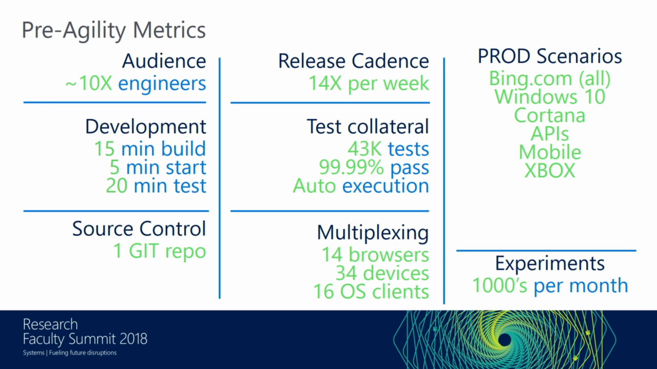We have one Git repo. It's a mono repo. Everyone's checking into it. We deliver code 14 times a week. In fact, last week it was 17 times. We have 46,000 tests now. We have 4 nines in a test pass and auto execution. We have 14 browsers, 34 devices. So you see that we've been able to get things done and scale them well so that we are continuing